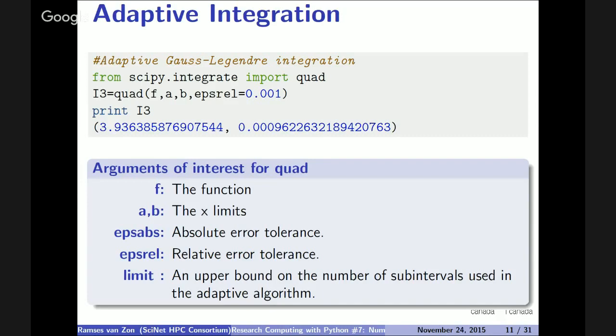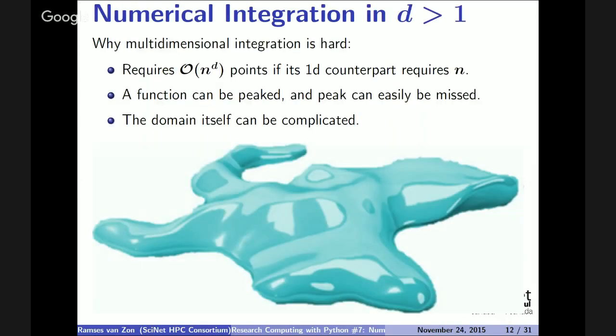So that's 1D integration. There's a function for it in Python in SciPy because it's a common thing to do. It uses Gauss-Legendre, and there we go. Now that's 1D, and